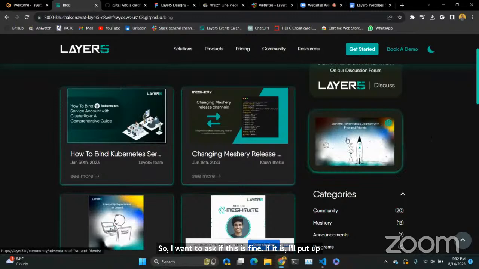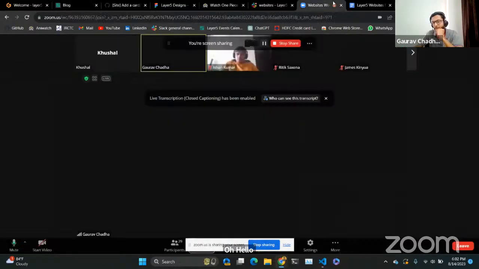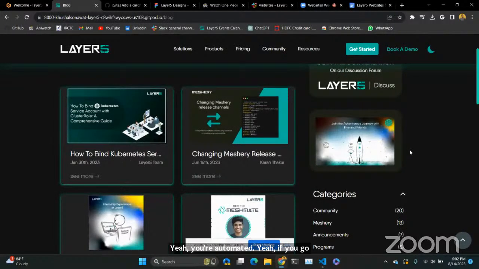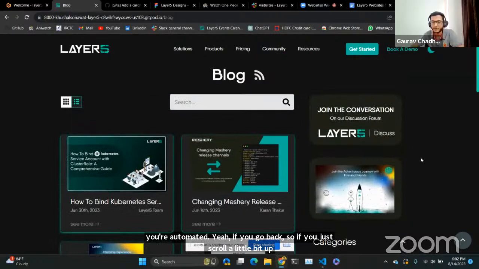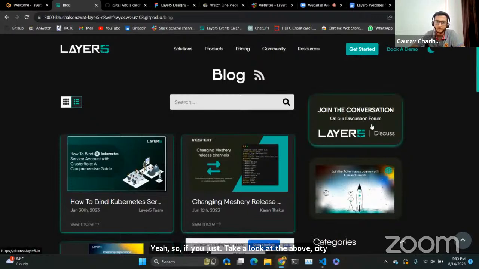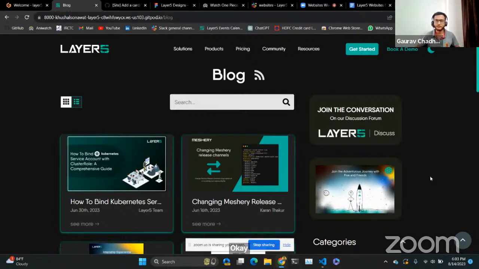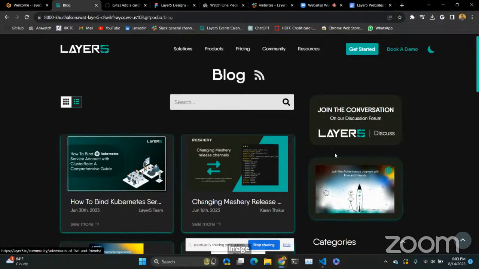Yeah, you're audible. If you scroll a little bit up and take a look at the CTA above, for join the conversation, the image looks perfectly fine, and we could add some text like the above, so it's not just a plain image widget. Is this extra border around the widget fine?